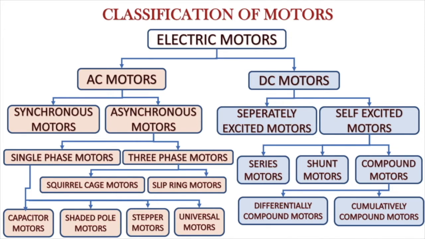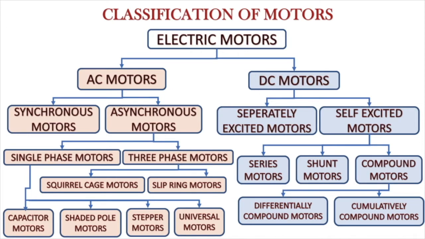Electrically, depending on the connection between the series and the shunt, there can be long shunt and short shunt motors also in the compound motors. Or, as per the direction of the field, we can classify as cumulatively compound motor and differentially compound motor. Cumulative compound motor means the series and the shunt field are in the same direction and they are additive. In the differentially compound motors, the series and the shunt field are opposing, because the resultant field will be the algebraic sum of series and shunt fields.